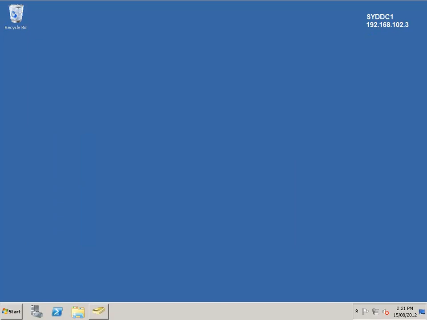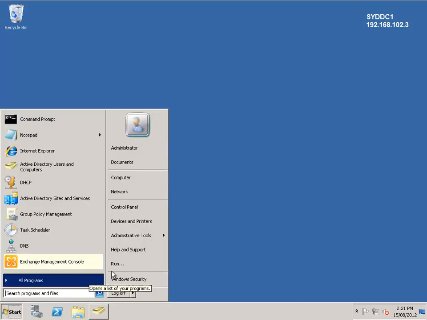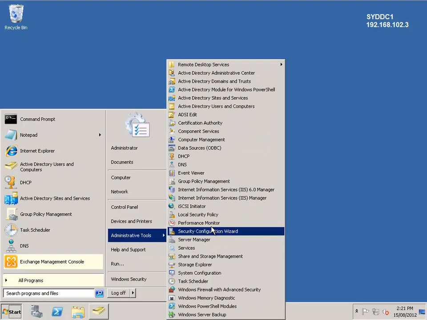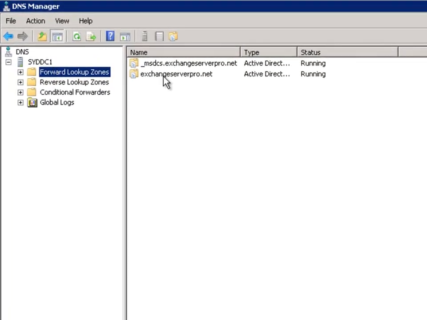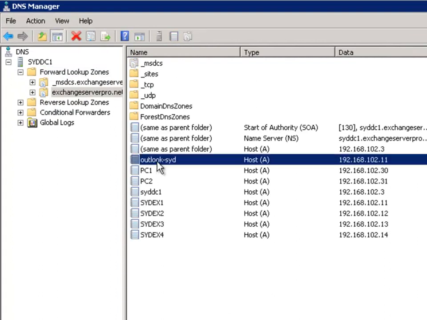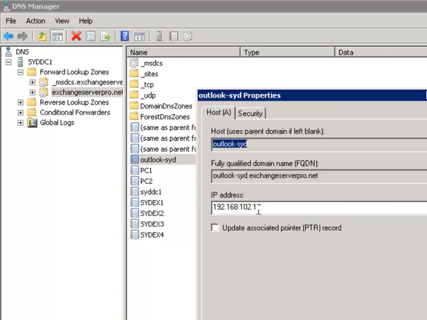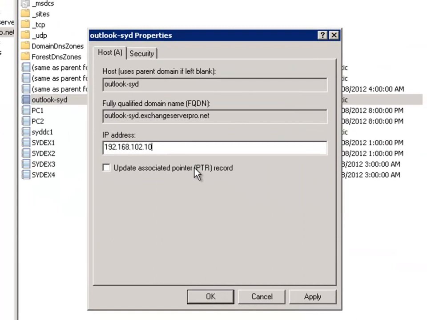So after establishing that Windows network load balancing cluster, we now need to update the DNS record for our CAS array to point to that new virtual IP address that is used by the network load balancing cluster to load balance and provide high availability for traffic. So we'll just go in here on my domain controller to the DNS manager console